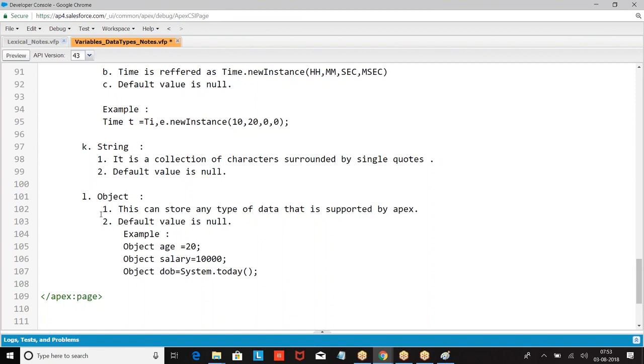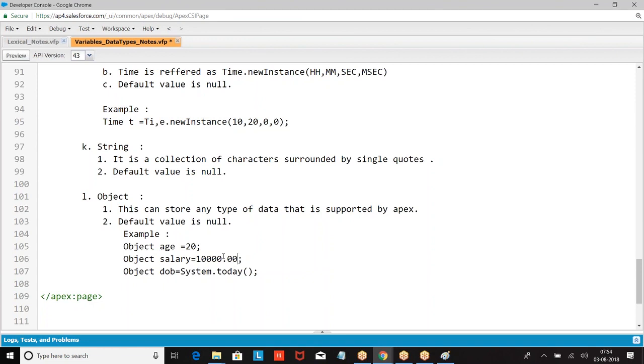This is how we create it. Now I can store a numerical value, I can store a decimal value, I can store a date, it can be anything. So object will support any type of data in the Apex. I hope I'm clear with this. Right. So these are the primitive data types we have.